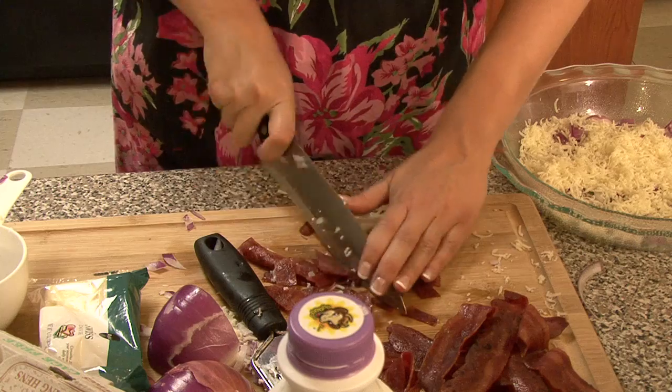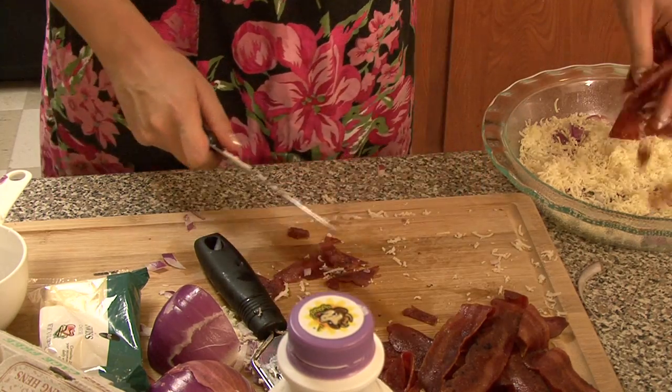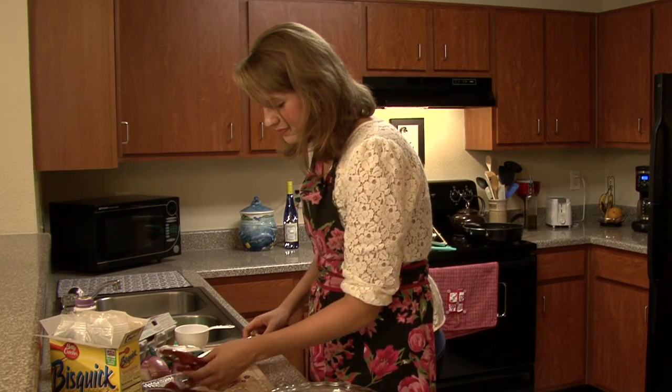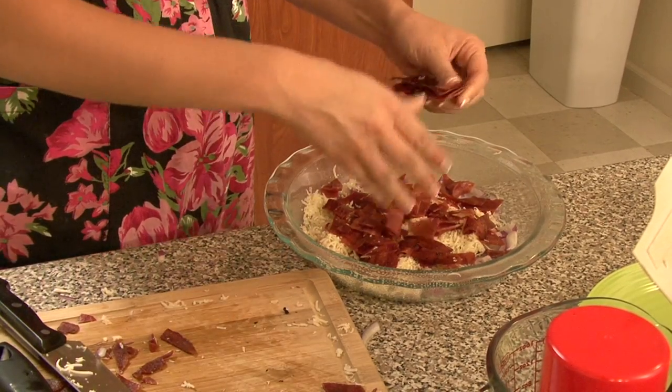So you don't have to be perfect at your cutting. It's all going to taste the same and it's going to be delicious no matter what. So just crumble it on the bottom. And this is about 12 pieces. And here, if we just want to crumble it up with our hands,